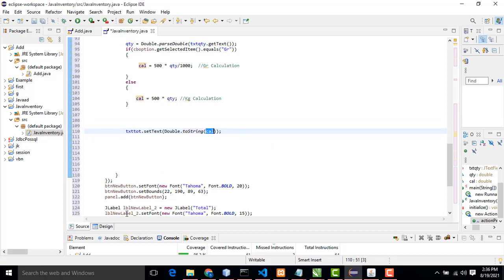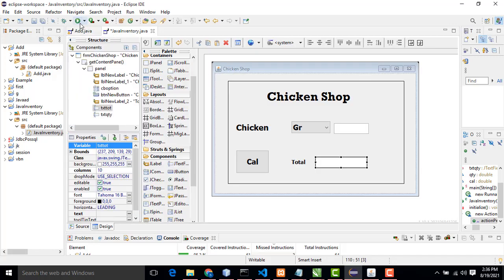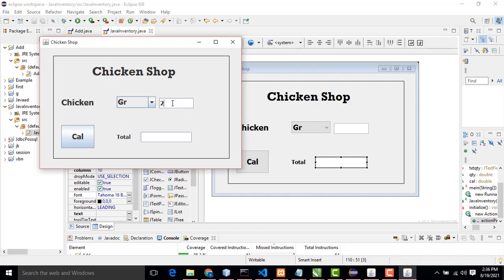You have to paste it here. So you have to write 2 kilograms, and that is the price; 5 kilograms, and that is the price. So it will be easy to do the programming.